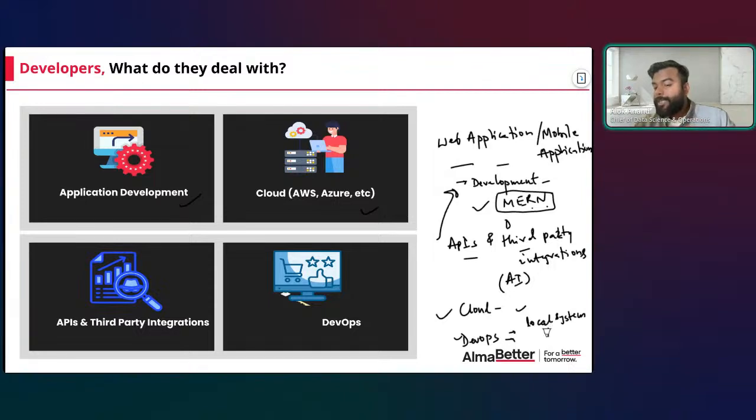Now, from this local system, making it live for the users, because Amazon or big companies, or in fact Alma Better, is not running on somebody's personal laptop, although it has been coded by developers on a personal or company laptop. From there, how that code and application will be transferred to the internet so that everybody can access it, that's what DevOps is.